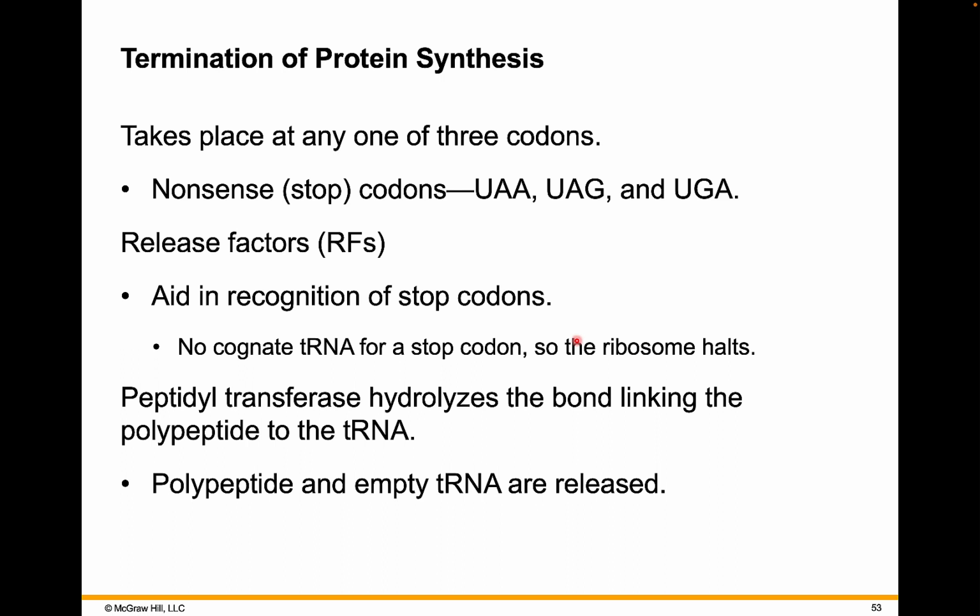And then the final one is the termination of protein synthesis. This takes place when the nonsense codons or stop codons, such as UAA, are reached, and there are releasing factors that aid in the recognition of the stop codons. There is no cognate tRNA for the stop codon, so the ribosome basically halts. And the peptidyl transferase hydrolyzes the bond linking the polypeptide and the tRNA,